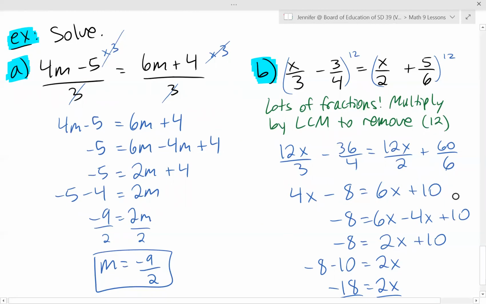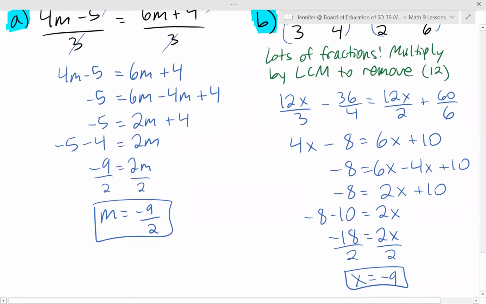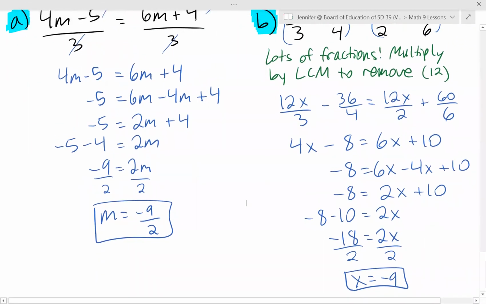Then we just, again, bring the x's to the same side, combine your like terms, do your opposite operations until you get x on its own. So that is kind of a combination for all of chapter 6 of how we solve linear equations, how we isolate for variables by doing opposite operations, removing brackets, and collecting like